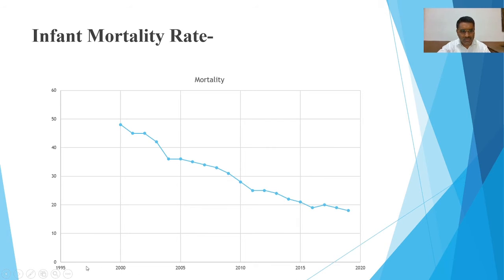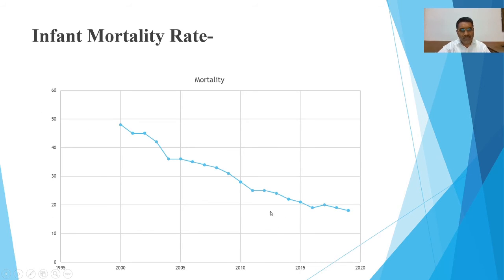From 2000 to 2020, the years are constant, while the data vary, as we saw in the previous slide. In some years there is 45, somewhere 48, somewhere 46. So there are changes in the mortality, and that is why the changing values go on the y-axis and the constant values on the x-axis.